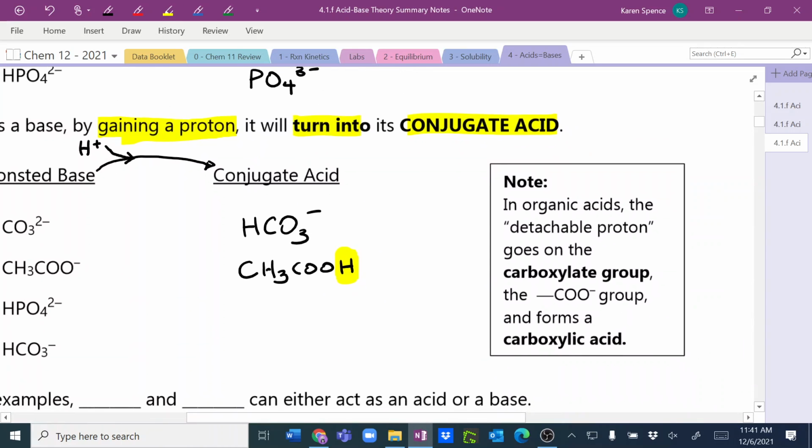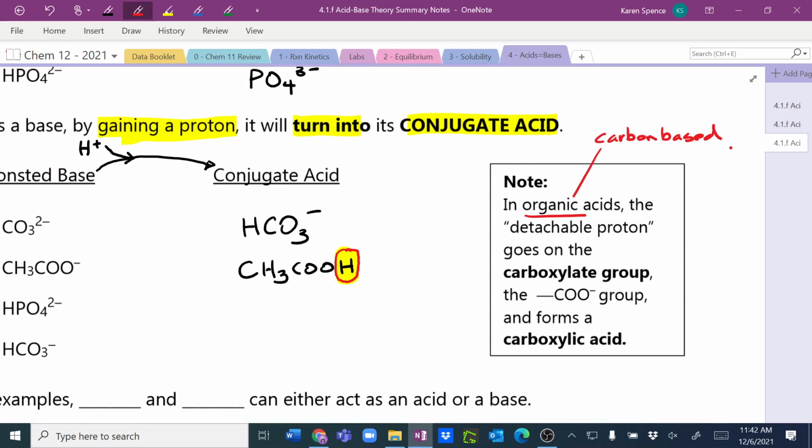In an organic acid, do you guys remember what organic compounds are? Carbon-based, yes. The detachable proton, which is this one here, is the only proton that is detachable, and it goes on